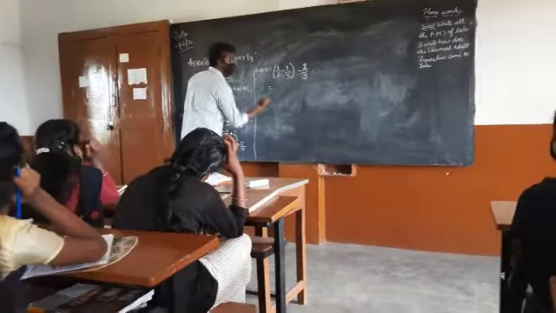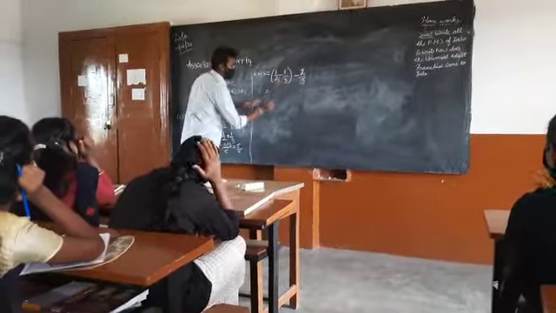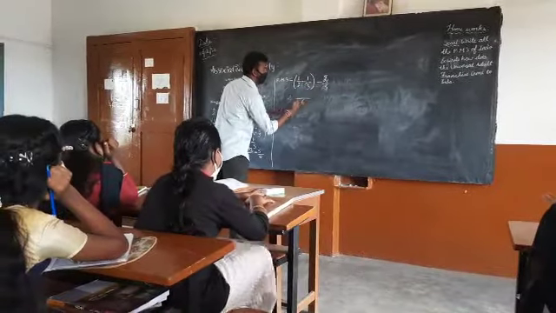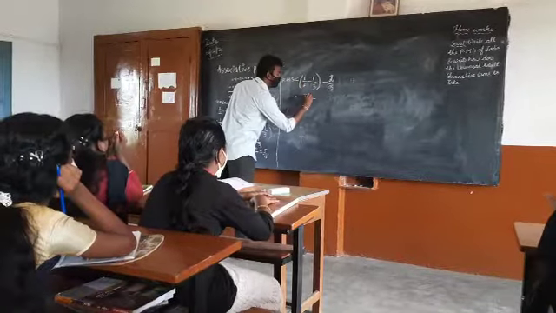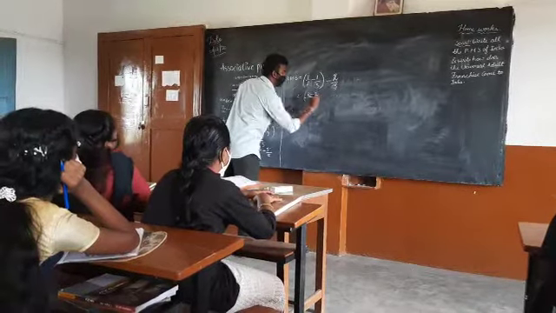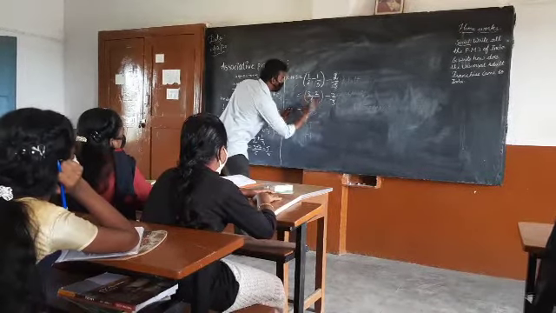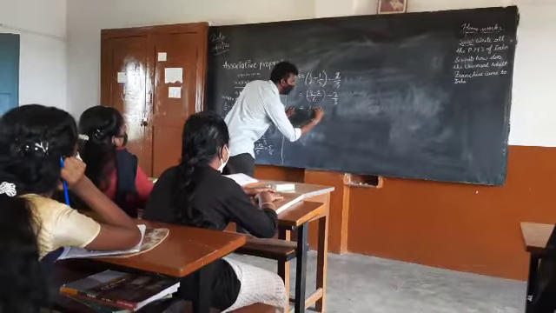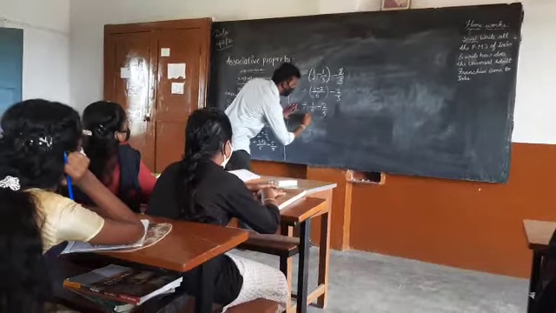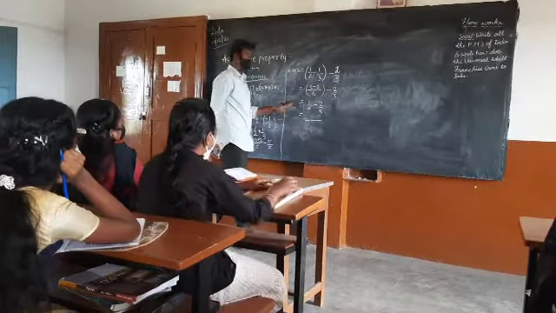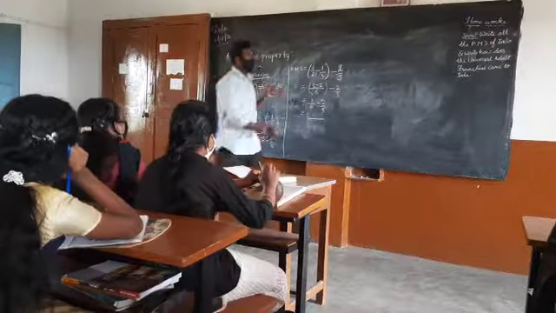Let us check this. Always solve the brackets first. LCM of 2 and 3 is? 6. Very good. So here comes 3 minus 2 in brackets, minus 2 by 3. It comes as 1 by 6 minus 2 by 3. LCM of 6 and 3? 18. No, you are mistaken.